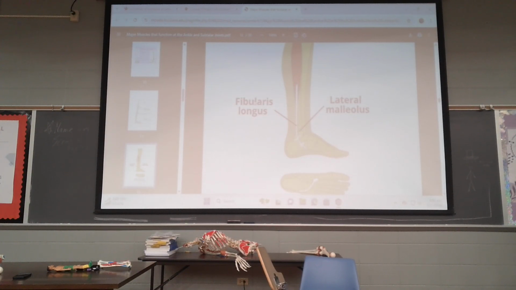So for example, fibularis longus might be another name for the peroneus longus. It's the same muscle. So there's your peroneus brevis. A couple things when we look at muscles, guys. Where does it cross? How does it cross? Doesn't go anywhere near the knee, so we don't have to worry about that. Crosses the ankle in the back, crosses the subtalar joint on the outside, posterolateral. So muscles can only pull, so when that thing is pulling, it's pulling in a direction of plantar flexion and